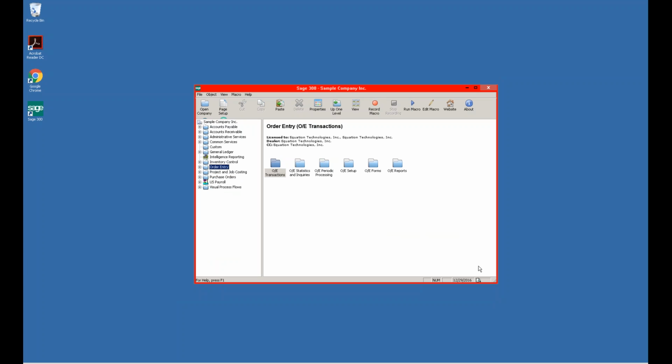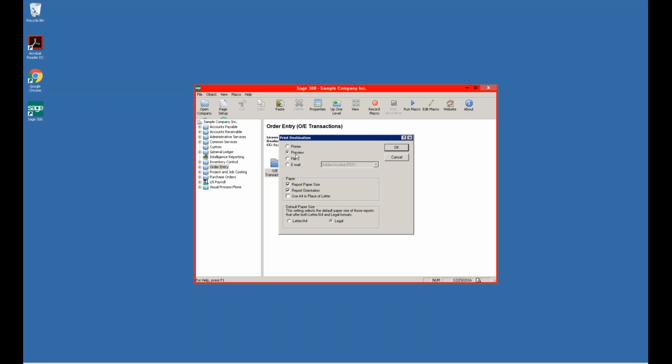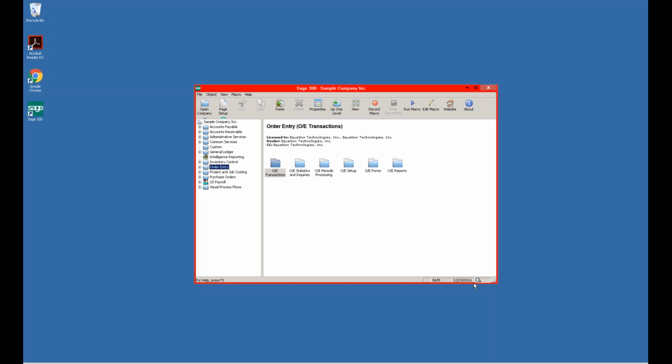One other thing to note, the first time you come into Sage 300, your print destination will be by default set to go straight to the printer and not to preview on the screen. This can be very confusing for people. You can either change it by coming up to File, Print Destination, and activating the screen and setting your option to Preview and letter A4, or there's a little icon down here